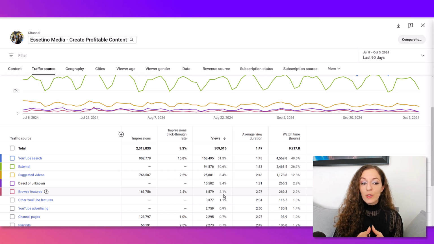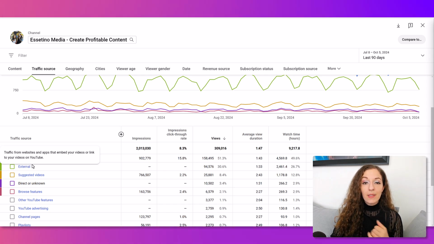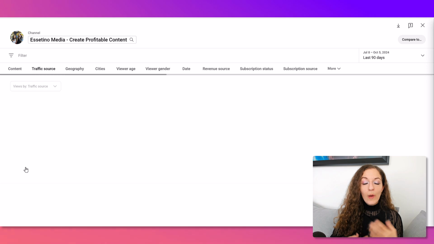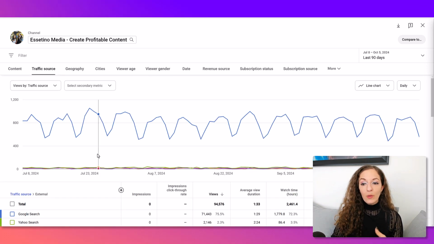So for us, it's YouTube search, and external for you might be different, but whatever you're seeing, click into it to see if you can decipher more information. Like for example, I'm going to click on external to see where those 30% of views are really coming from. When I scroll down here, you can